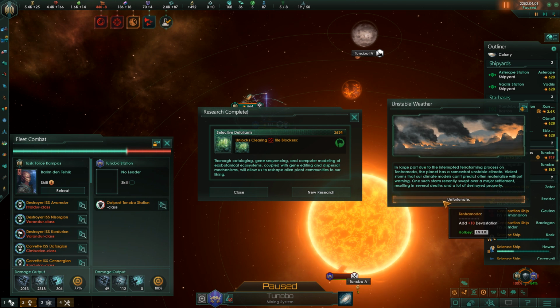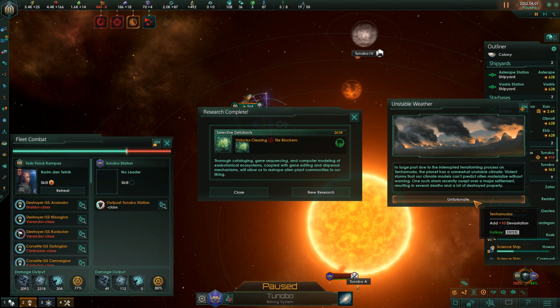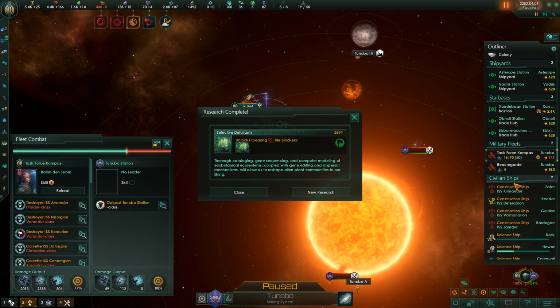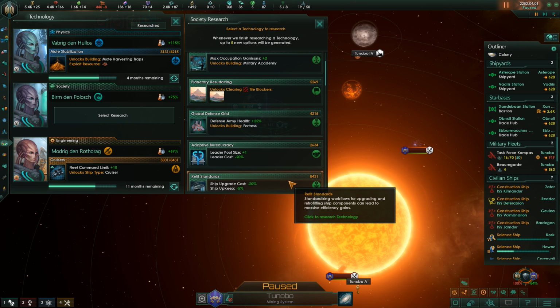So in large part due to the interrupted terraforming process on Tensor Mode, the planet has a somewhat unstable climate. Violent storms that our climate models can't predict often materialize without warning. One such storm recently swept over a major settlement, resulting in several deaths and a lot of destroyed property. Adds 10 devastation. All right, so we've researched that tile blocker. Let's go ahead and...